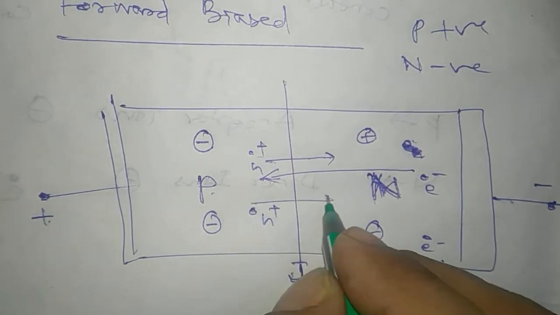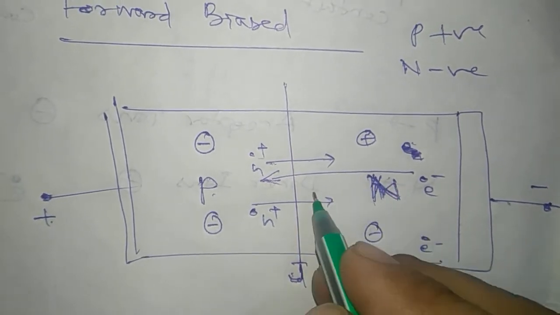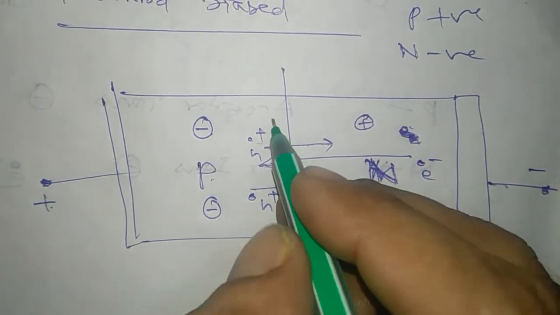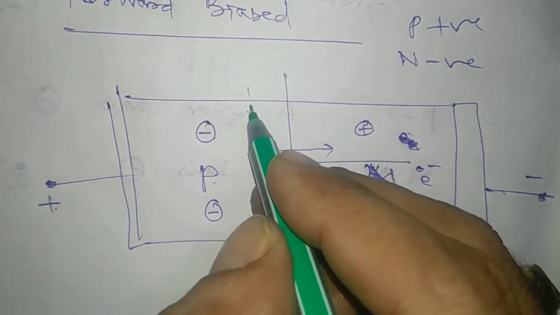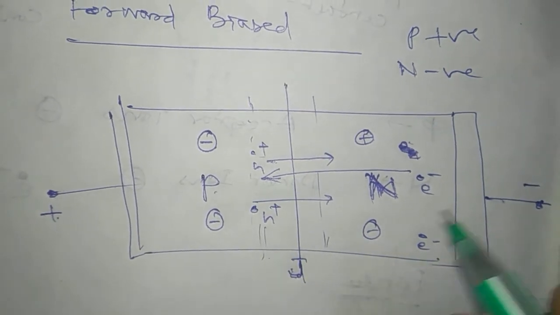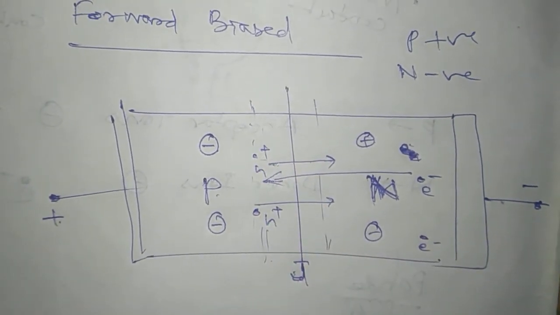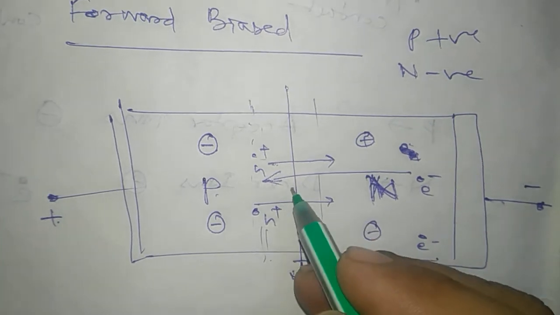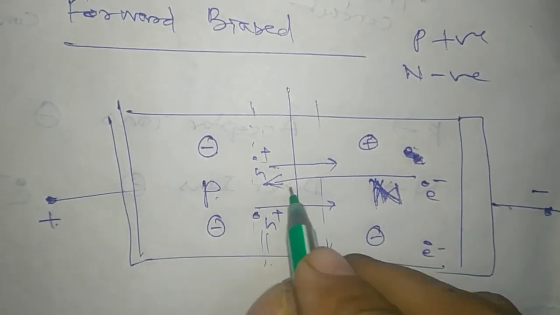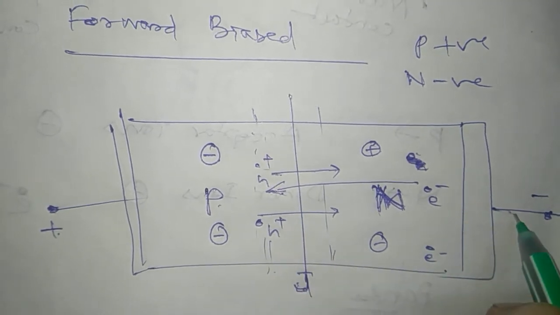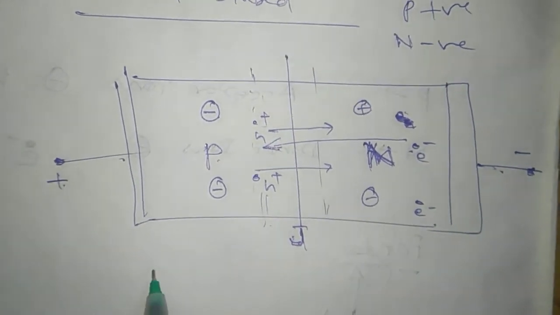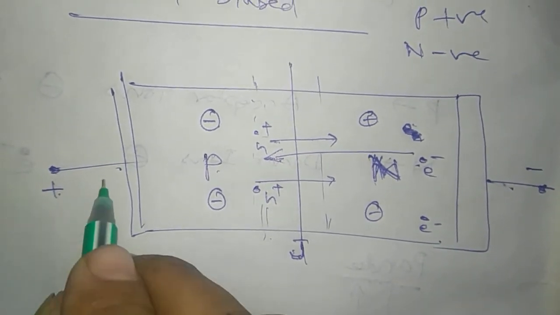So there is mutual movement. Some of the electrons and holes will recombine, so a region will be there with no electrons and holes. The holes will reach the negative terminal and the electrons will reach the positive terminal. So a current will be there